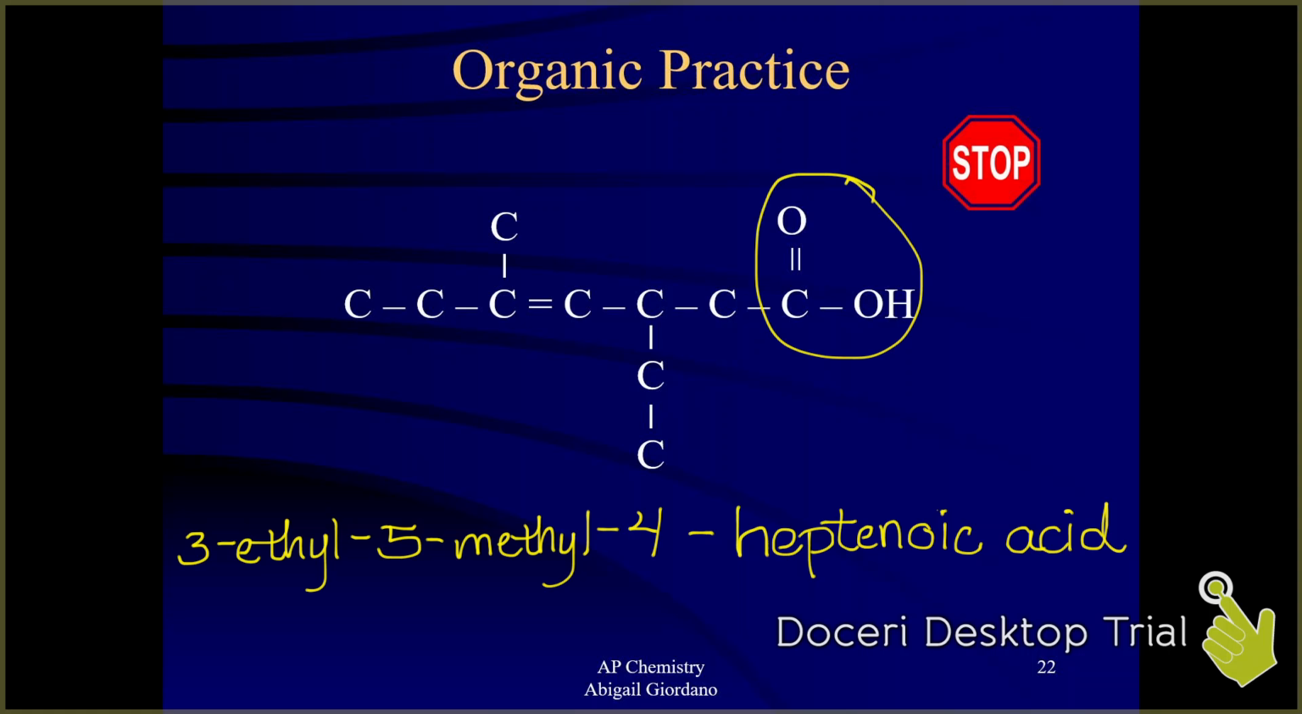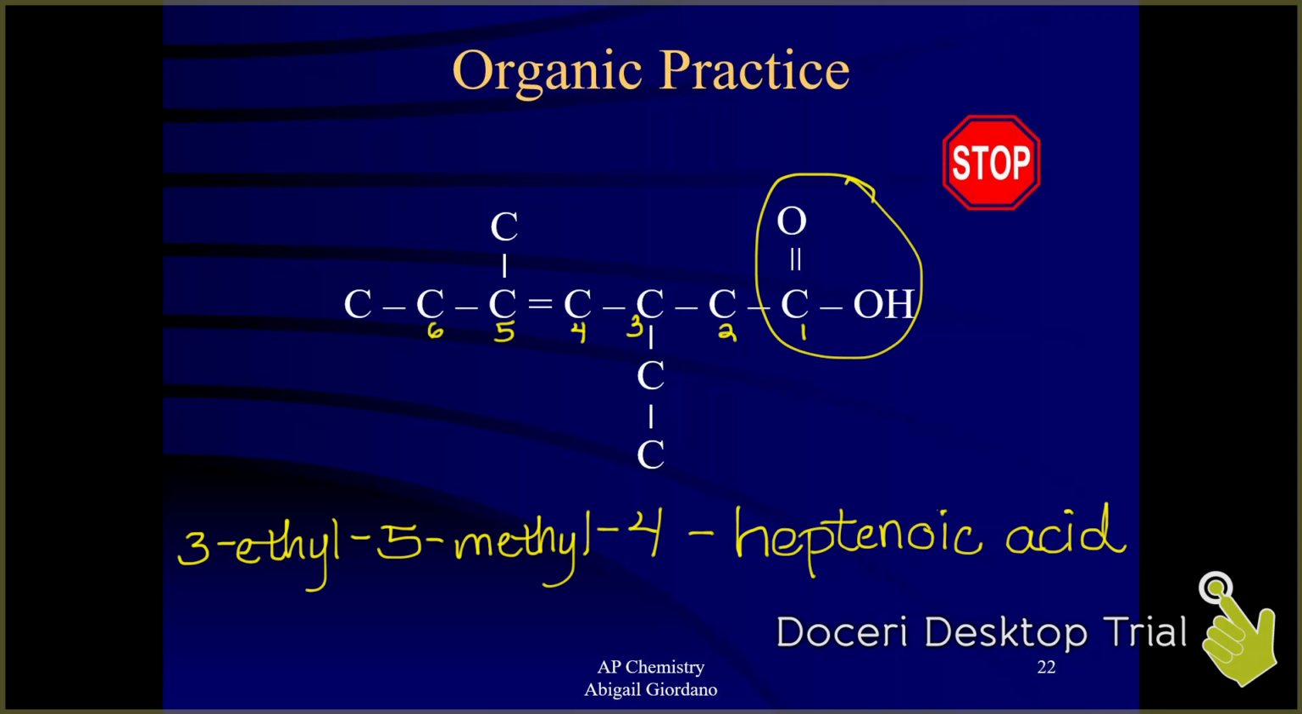Now, do I need to indicate a number for where that functional group is? The answer is no, because carboxylic acids are always on the end. However, that is going to dictate my numbering system. Remember, functional groups are the most important to be on a low number carbon. So that carbon on the far right, that is carbon number 1, 2, 3, 4,